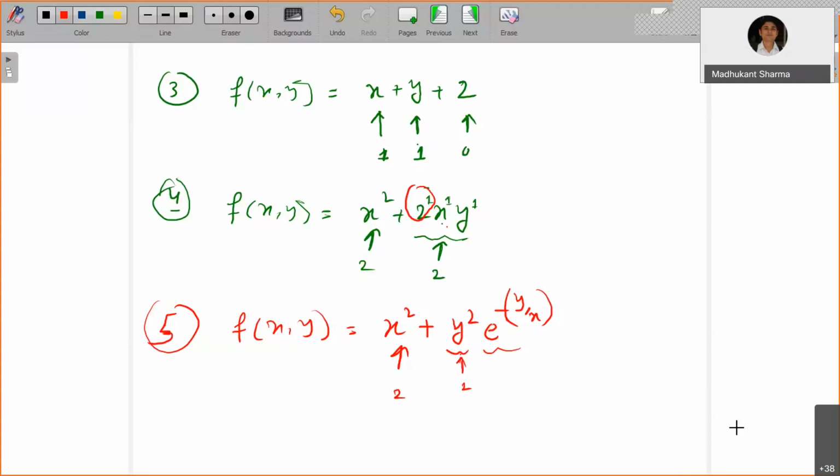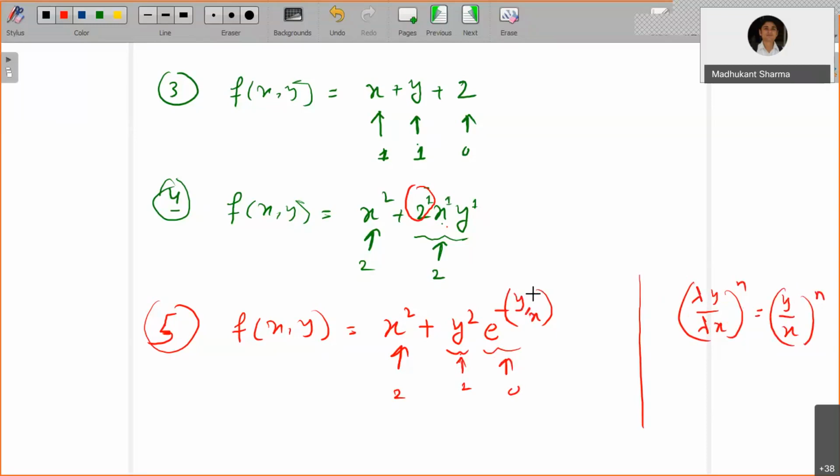But whenever you are looking at y by x to the power 1, see, whenever you replace y by lambda y and x by lambda x, what will happen? Lambda will get cancelled, so it will remain y by x only. Lambda y by lambda x to the power n is the same as y by x to the power n. So there is no role of lambda here. It can be treated like a constant term, meaning it can be treated as degree 0 when you have a function of y by x or a function of x by y.